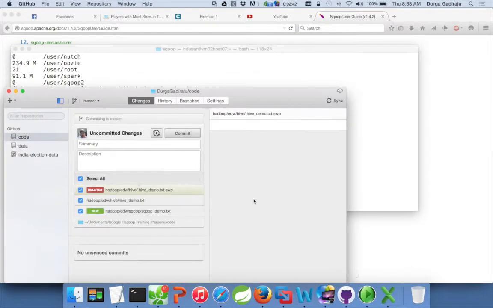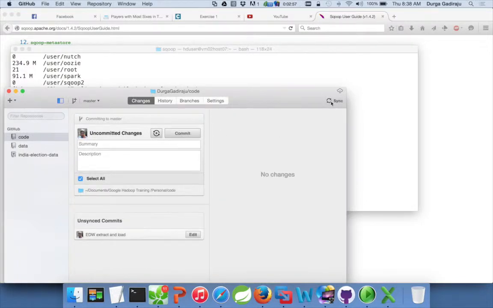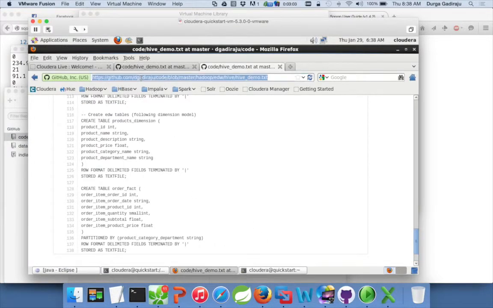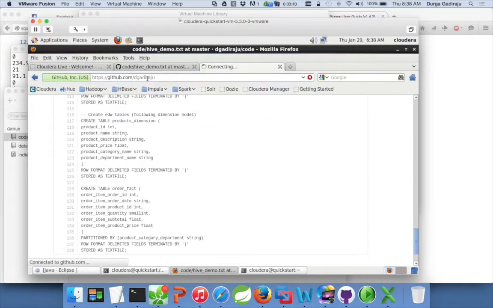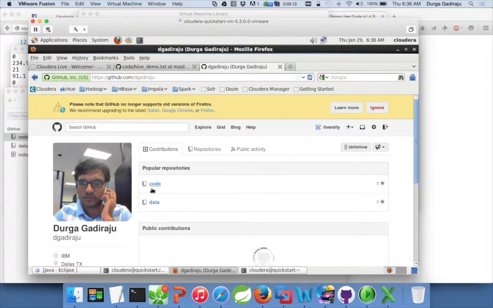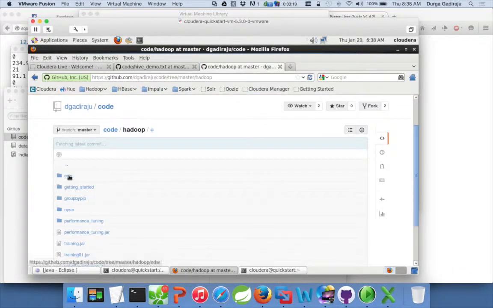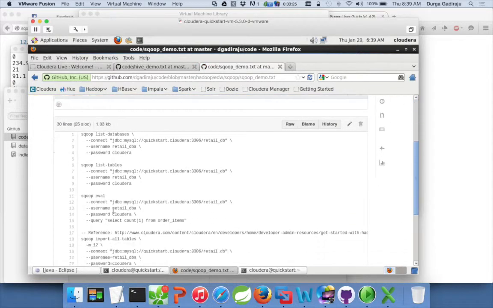Let me first commit it. I'm syncing it, and now if you launch GitHub and go to my repositories under my account, there is a directory called code, and in that you can see Hadoop, and we are talking about EDW, and there is a directory called Sqoop, and you can refer to this for the Sqoop demo.